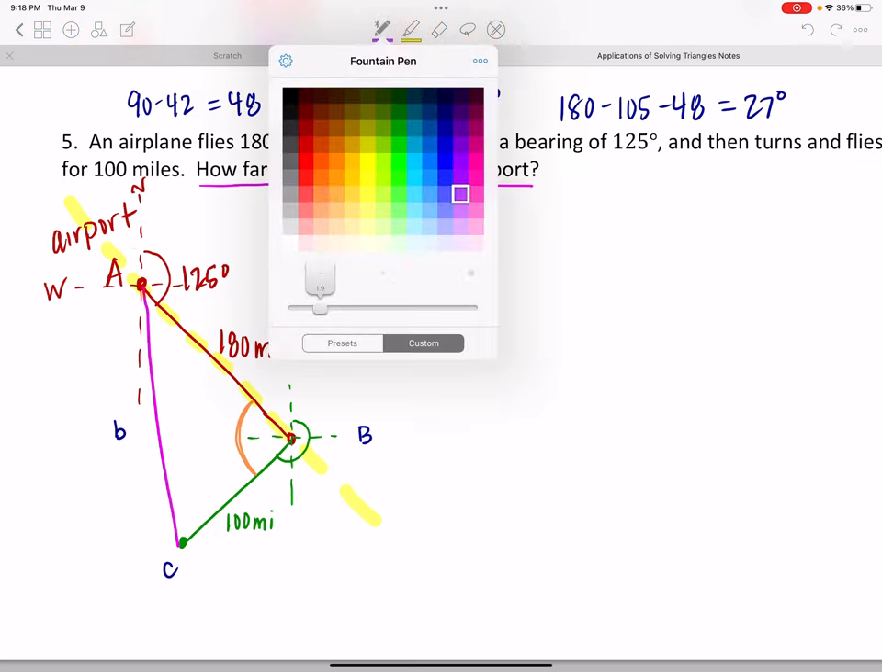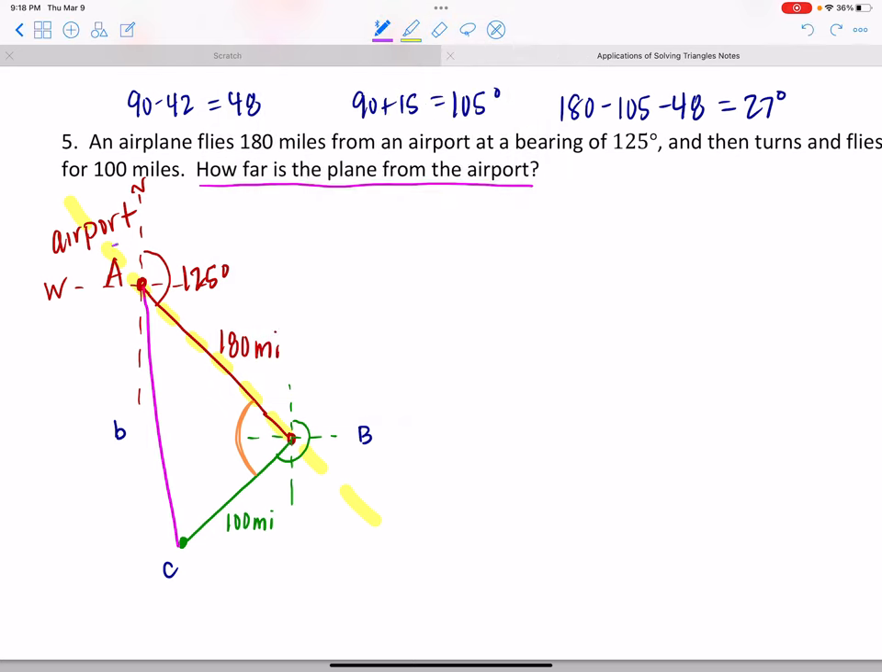How about purplish? So where I have this 125 degree angle, if I go all the way to the extension of that red line, I have a straight line. So if I took 125 away from 180, that means this little angle in here is 55 degrees. And the reason I put that there is because that means this angle here has to be 55 degrees, right? Because it's the same line on the north-south. So if that's 55 degrees,